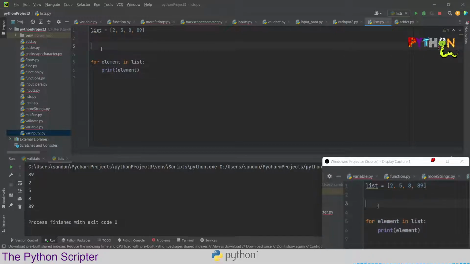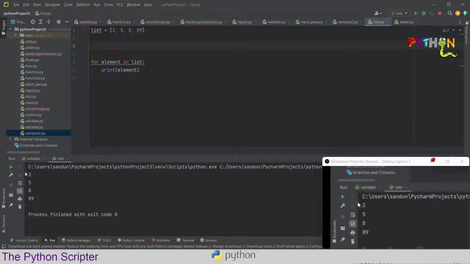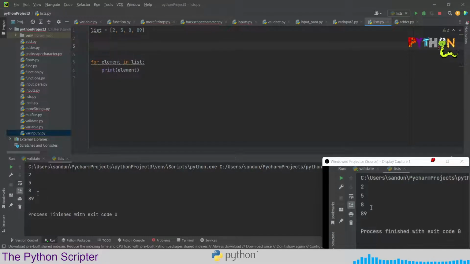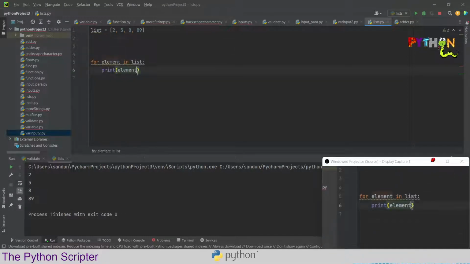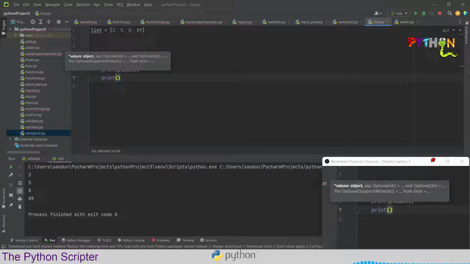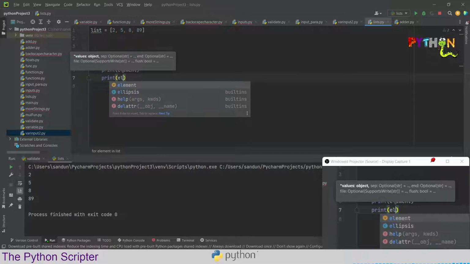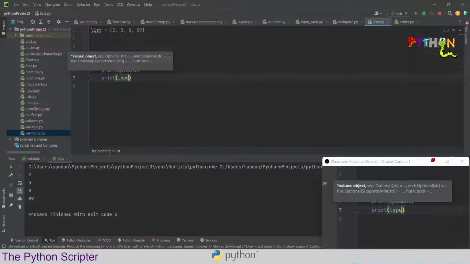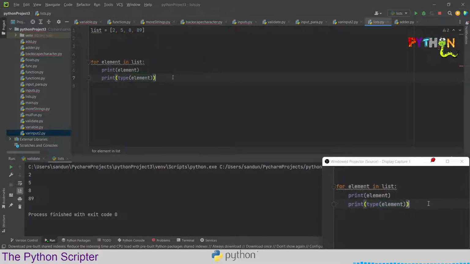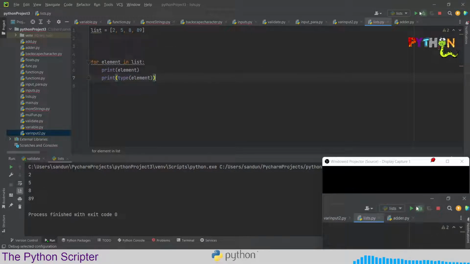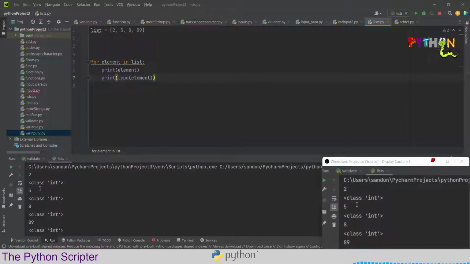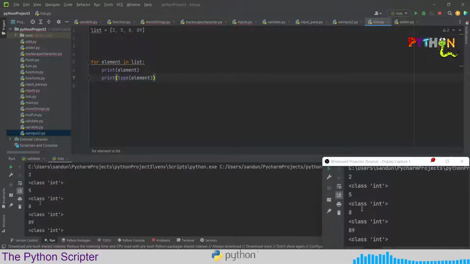Let me remove this so that it's more clear. 2, 5, 8 and 89. Similarly, you can also print the type of each variable. So print element, print the type of each element. So we call element, and now if I run this,